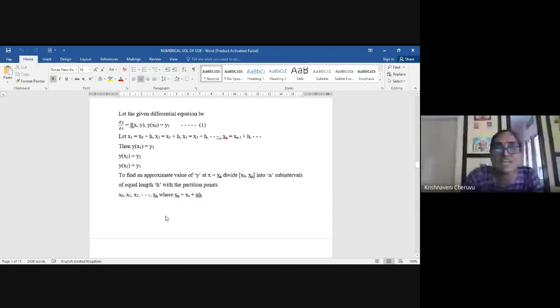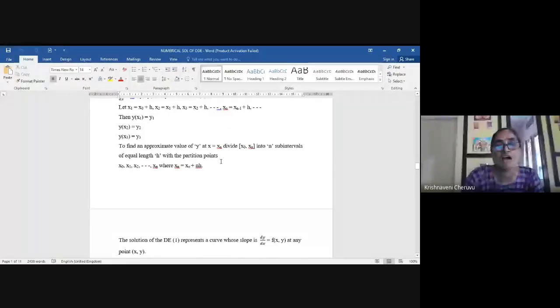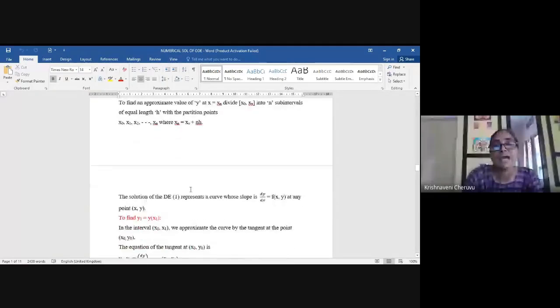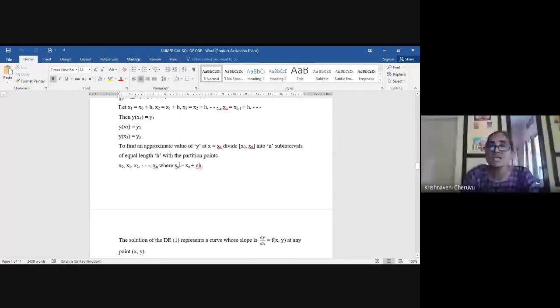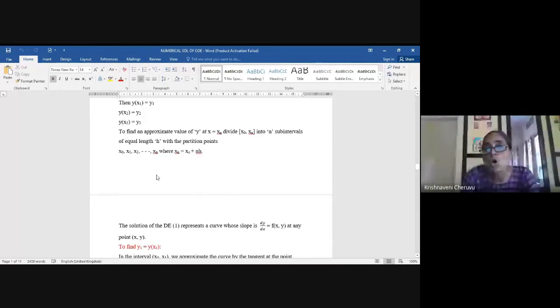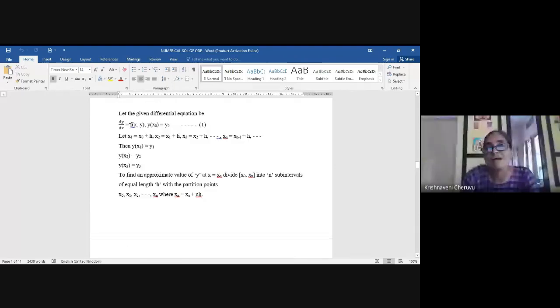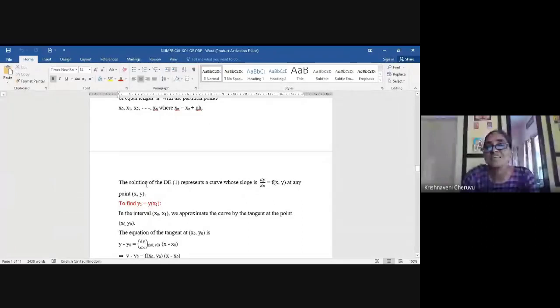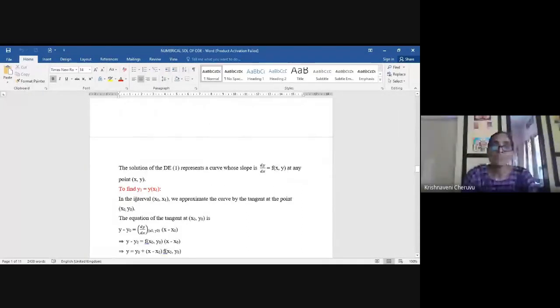So now these are the arguments, the different values of x, and the corresponding entries you may or may not know. Now see here, the solution of equation 1 is what? Here dy by dx is called the slope. It is the slope at a point x comma y. So dy by dx is the slope of the curve at the point x comma y. So how to find out y1? I told you y1 means y at x1.